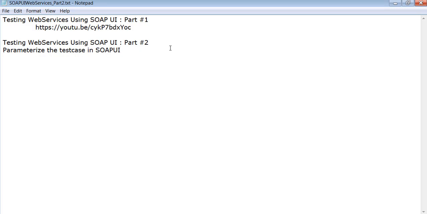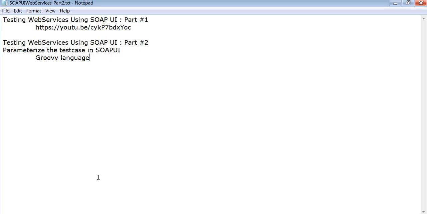So in order to parameterize the test case in SoapUI, we have to learn a language called Groovy language. It is important because we can parameterize the test case in SoapUI via Groovy language. So what is Groovy language?